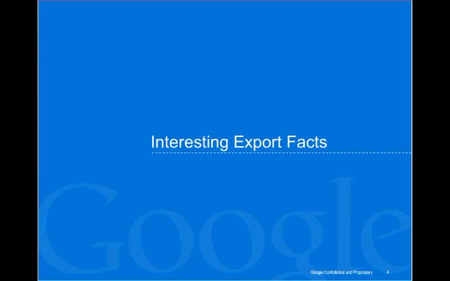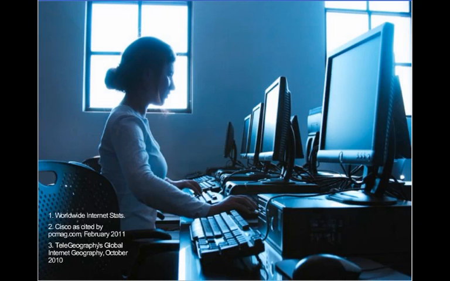So, let's look at some interesting online facts. Today, there are 1.97 billion people worldwide who have internet access through a personal computer. In 2007, there were 500 million internet-connected devices, about 1 for every 20 people on the planet. In 2010, that number grew to 35 billion, or about 5 per person. By 2013, this may grow to 1 trillion devices, or 140 devices per person.